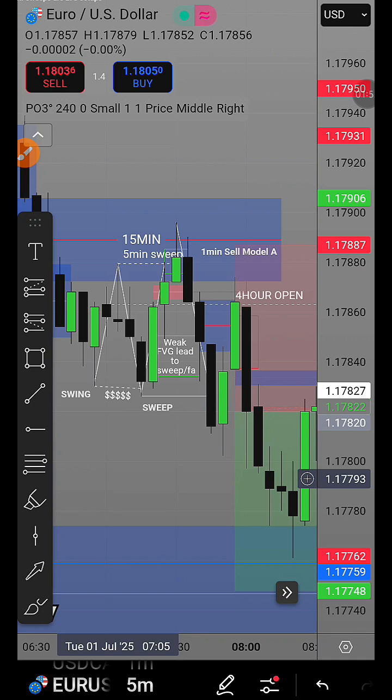So basically here, price opened on the 4 hour at 7 a.m., right? A new 4 hour candle opened at 7 a.m. And you can see that immediately when the 4 hour candle opened, it traded into the 15-minute bearish FEG, and then it swept the lows. So obviously, if I want to take a sell trade, I want to see displacement below the lows so I can take the trade, right? However, it only swept the lows.